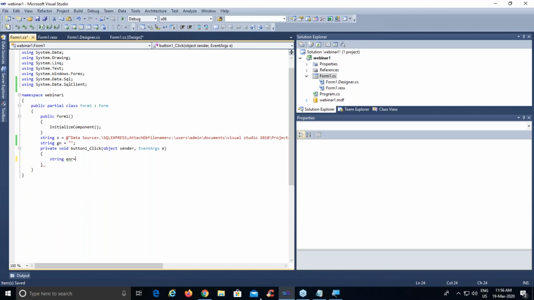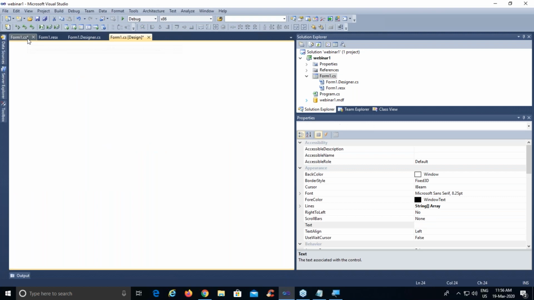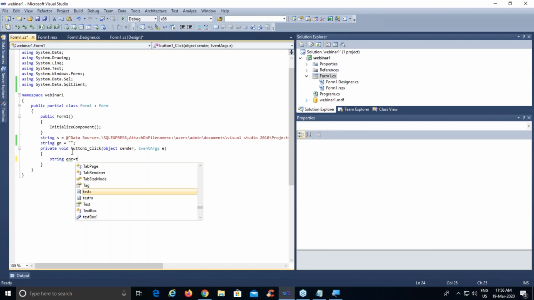Now we have stored our enrollment number in textBox1, so to take input, we will write string enr equals to textBox1.Text. Right? Similarly, for name, let us say nam equals to textBox2.Text.